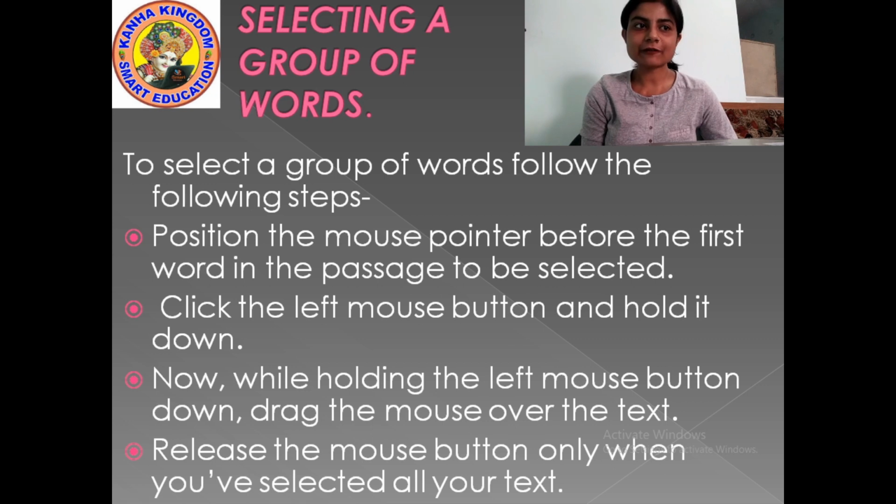While holding the left mouse button, you drag it and it will be highlighted in a dark color. After that, you release the mouse button when you have selected your text, and you can do the editing or formatting of that selected text.